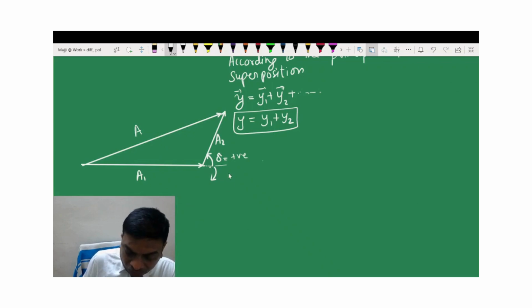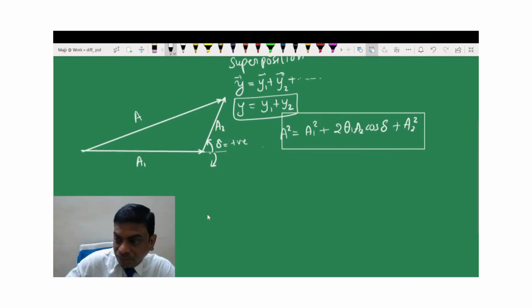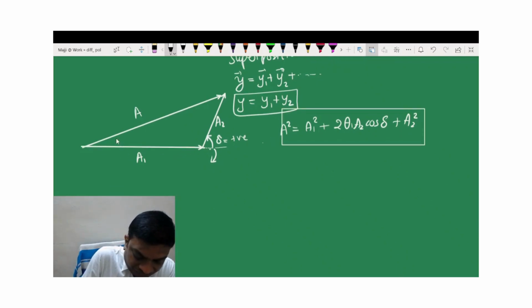Okay. Now from the law of vector addition, we already know that A square is equal to a1 square plus 2 a1 a2 cos delta plus a2 square. So this is the formula we all know from the law of vectors. Also, if this angle is, let us say, some angle phi, then I can write tan phi is, from here you can see, perpendicular upon base. So this length will be,